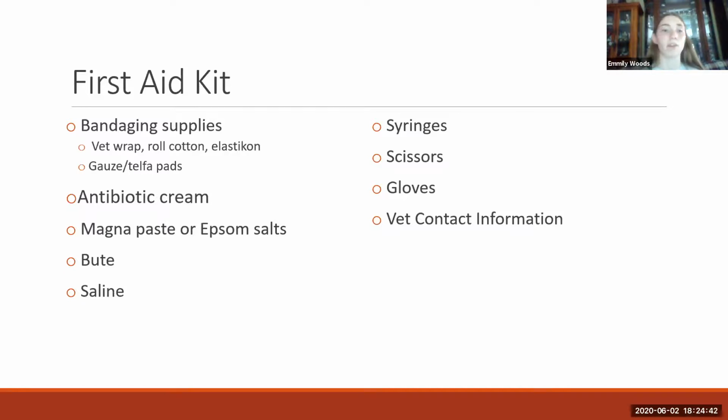If not, a lot of the vet schools have really good videos out there on how to bandage different parts of the legs, because it can be a little picky, and if it's done incorrectly, it can actually cause, I would argue, more damage than what the initial wound would cause, simply because it can put a lot of stress on the tendons in the horse's leg. So when your horse gets a gash on its leg, that's probably not the best time to be learning to bandage, but just look up some videos or have someone come in and show you how to bandage